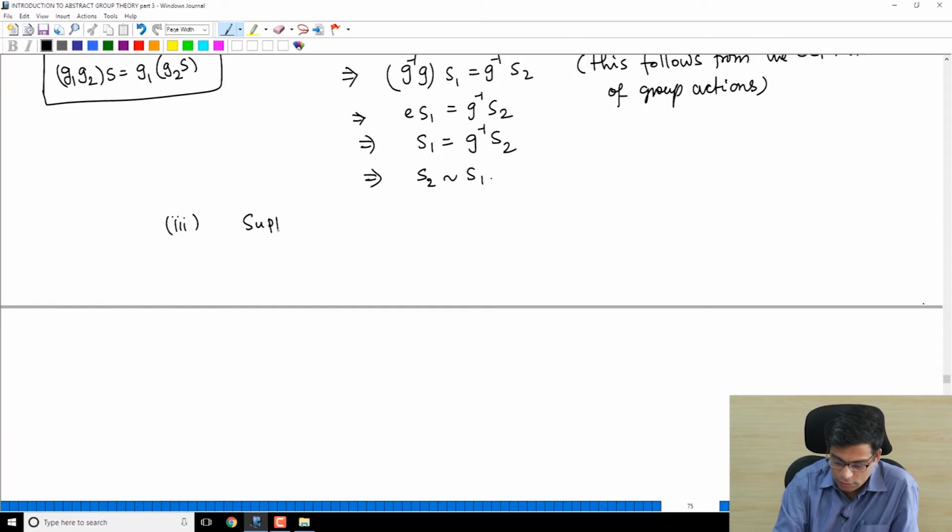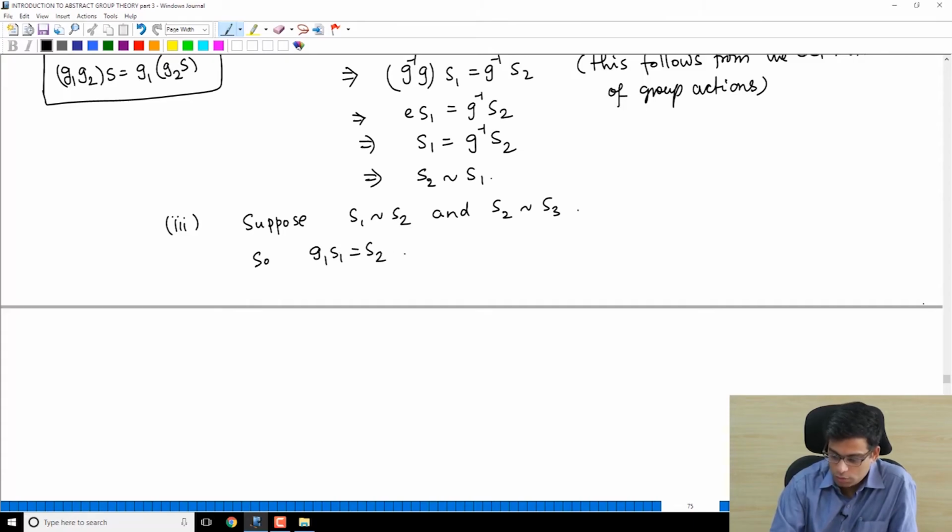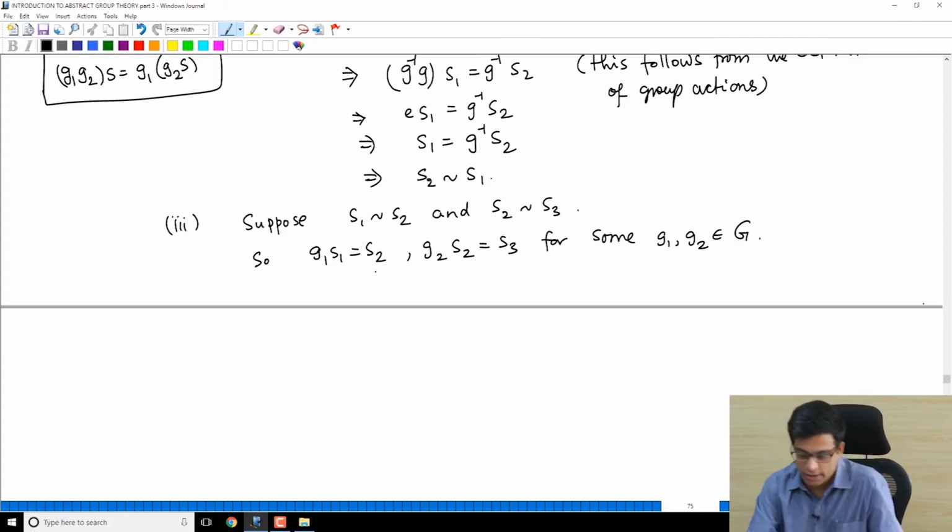So suppose S1 is related to S2 and S2 is related to S3. So that means g1 S1 is S2, g2 S2 is S3 for suitable g1, g2 in capital G. Because S1 is related to S2, g1 S1 is S2 for some group element. S2 is related to S3, so for some group element g2, S2 is